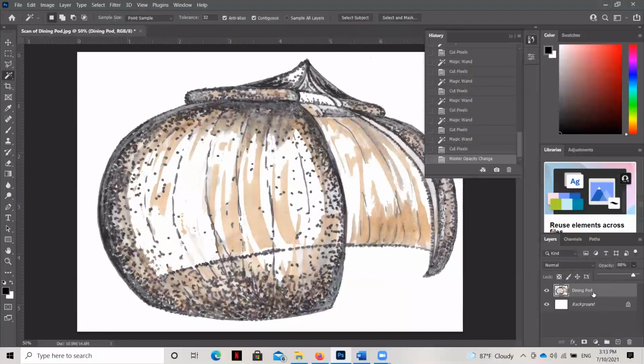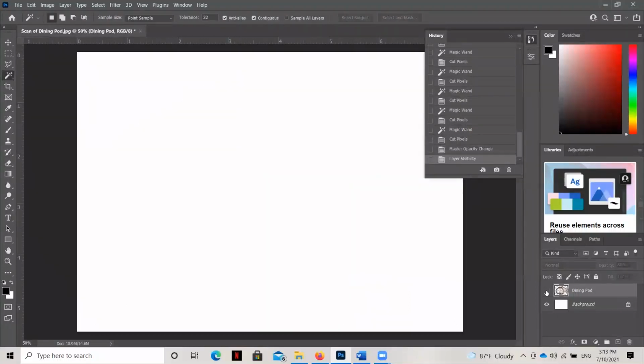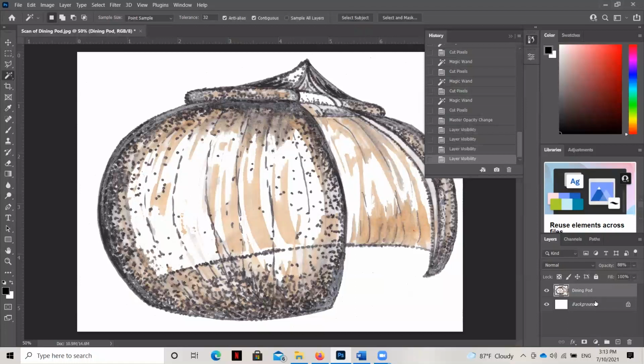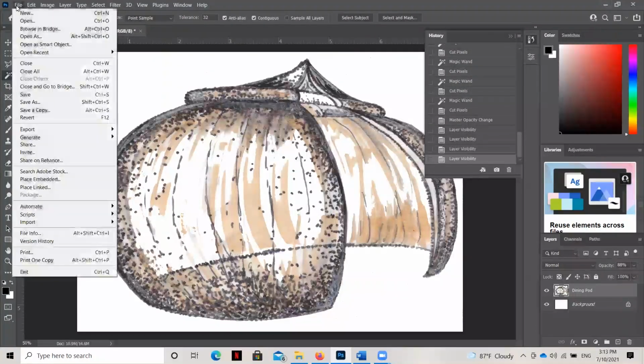And you also know how to erase the pixels using the magic wand tool and the eraser. One last thing you can do if you want to is you can see this eyeball here. You can turn it on and off to hide and reveal layers. But for right now, we're going to leave it on and we are going to hit the save button. And then this will be ready to be incorporated into our digital rendering.